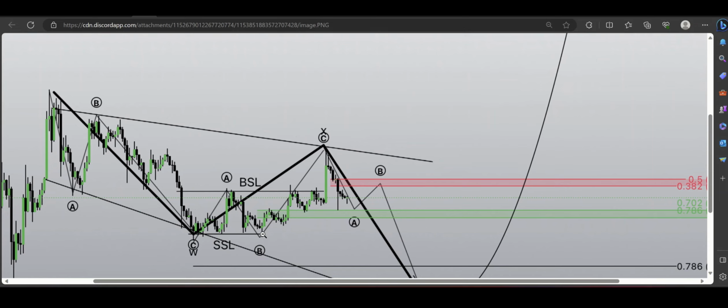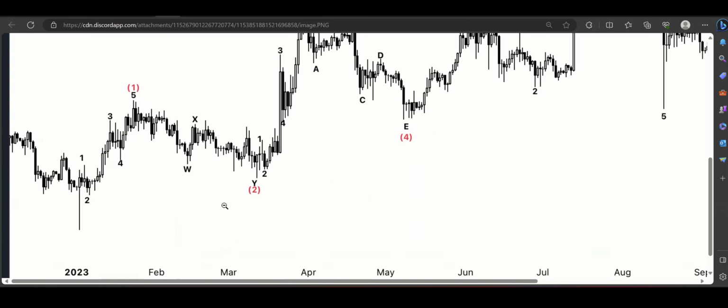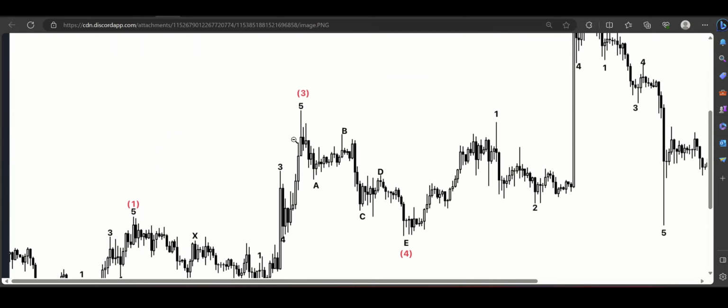I'm going to zoom in from over here to over here when Ripple won the lawsuit, and this is the wave count. Okay, a 5 wave move up for your wave 1, a WXY, a 5 wave move up for your wave 3,